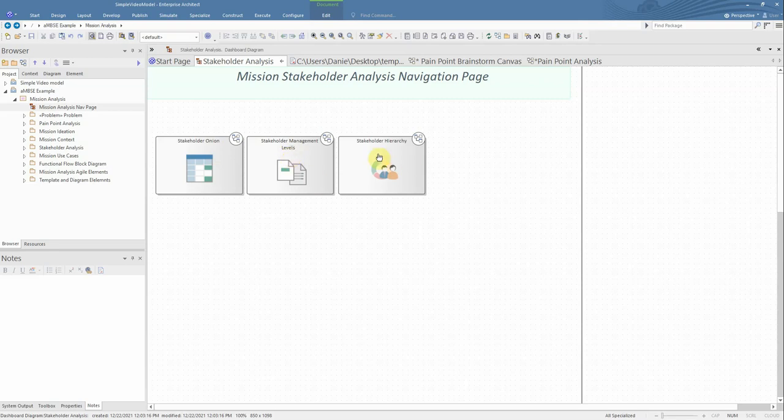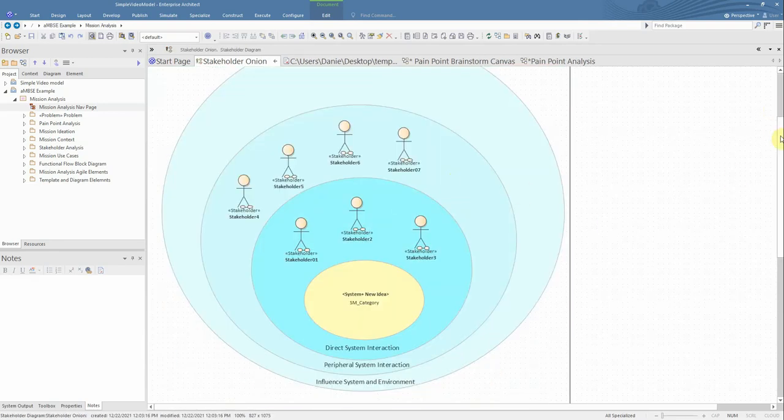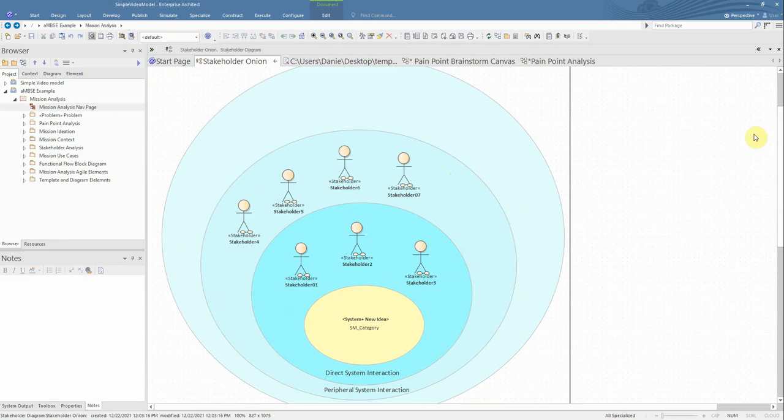And then this is the typical stakeholder hierarchy diagram where I can have specializations and generalizations of the different stakeholders if needed. We'll start out with the onion. Remember when I generated it, I only selected 7 stakeholders. So if I would have done the full 12, they would have shown up over here. And this is my stakeholder onion